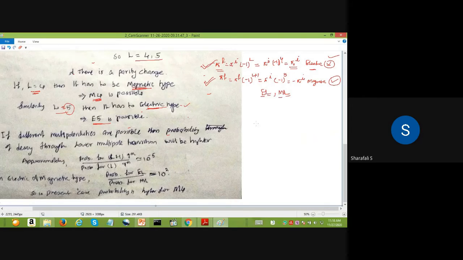Which means that if you are having different L values possible, so the outcoming gamma photons are having a number of L values, then the lower L value, that transition has more probability. So let's say in this case L equal to 4 and L equal to 5. If you consider any number of these L values, which one comes the smallest,